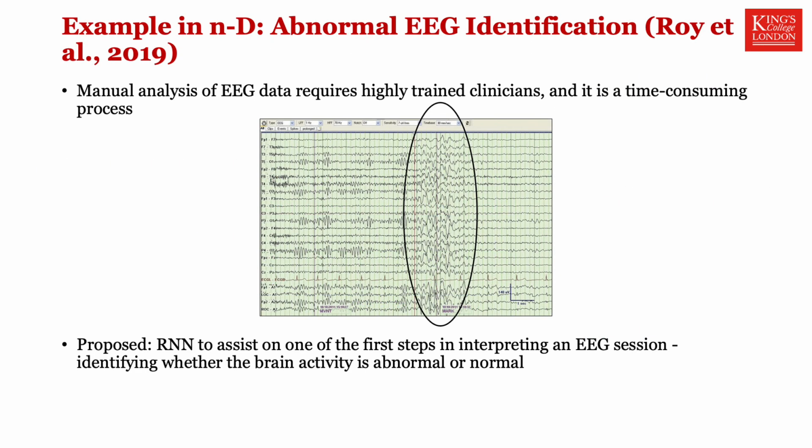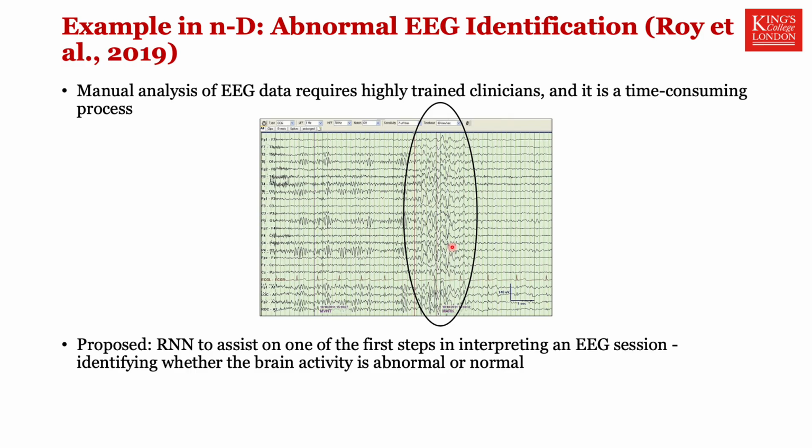Maybe a much more interesting application of this is the detection of abnormal EEG using these kind of methodologies. So if you're a scientist and you want to acquire EEG data from patients, you need an incredibly highly trained clinician to be able to look at all of these traces and understand that, for example, these things here might not matter at all, but these ones here look very important and matter quite a bit. And in this specific image, this looks pretty obvious, but there are many situations where even I've been looking at this for a bit and I cannot see them,